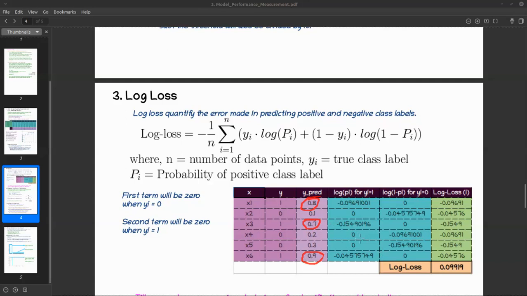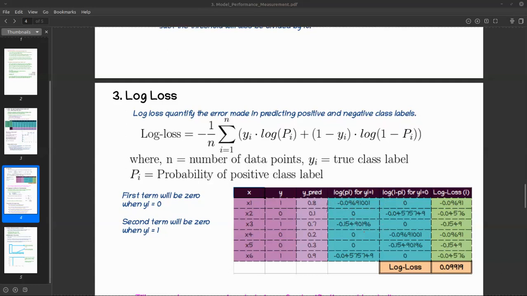Now the next step is, when y equals 0, then the probability should be as low as possible. So I am taking 1 minus pi. The higher this pi would be, the lower this term would be, and the lower the log would be. And if I put minus, it would be in reverse order. So if I have 0.1, then the loss is minimal. If I say 0.2, loss is higher. 0.3, loss is again higher, like this. After taking all this loss, this is the actual log value. If I take the negative value, then 4 is less than 9 is less than 15.